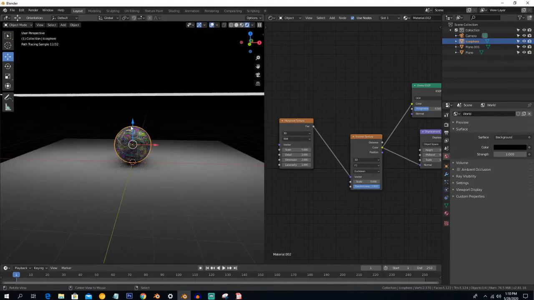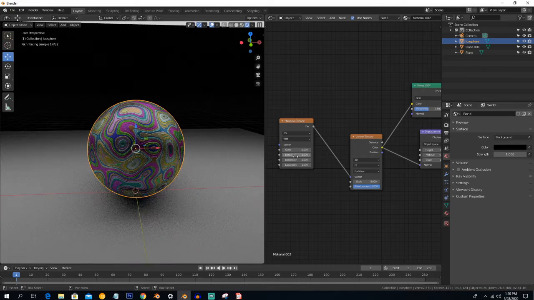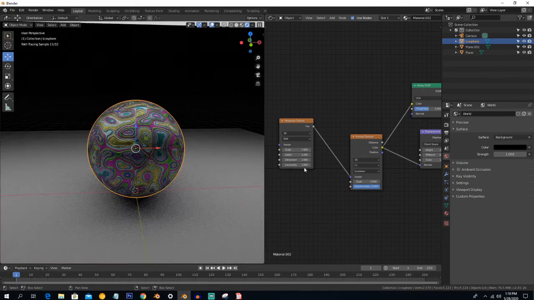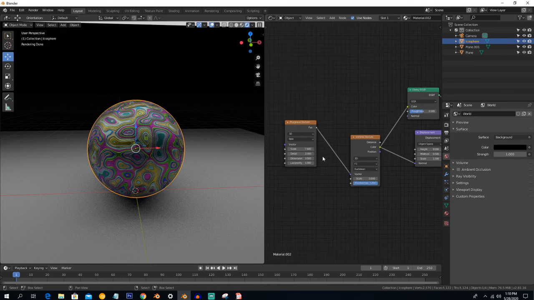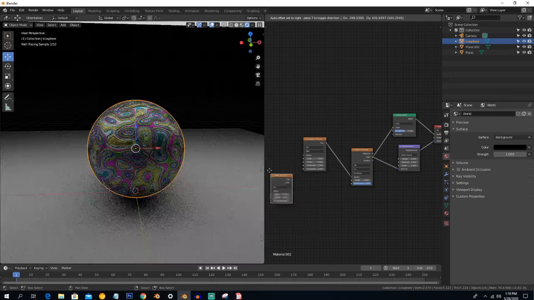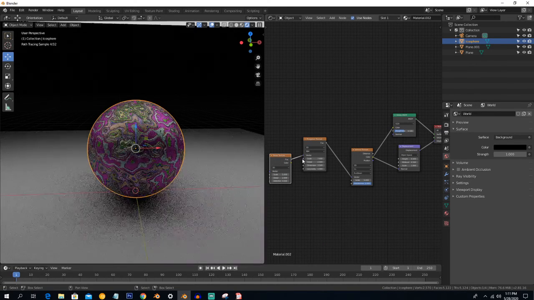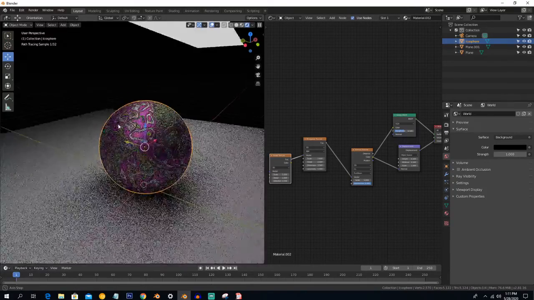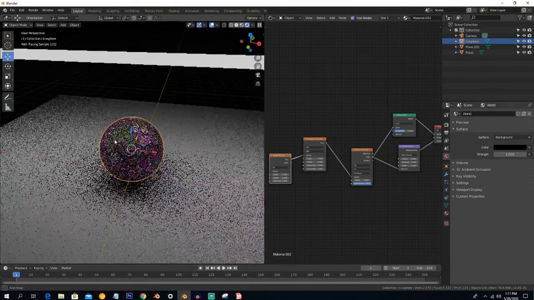And you can also change its value by using the scale, by using the dimension, by using the distortion, anything. And there are many other textures you can use, noise texture, etc. Enter into the menu, and you can create anything you want, any texture you like.